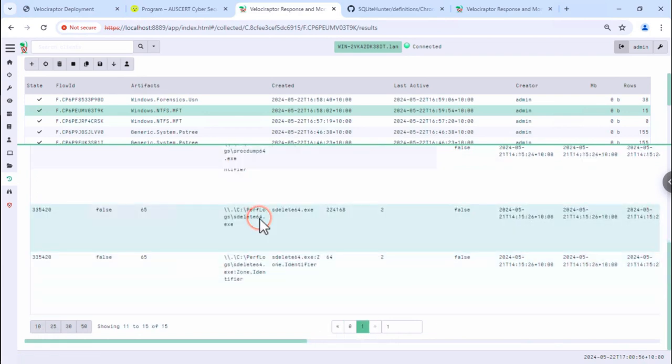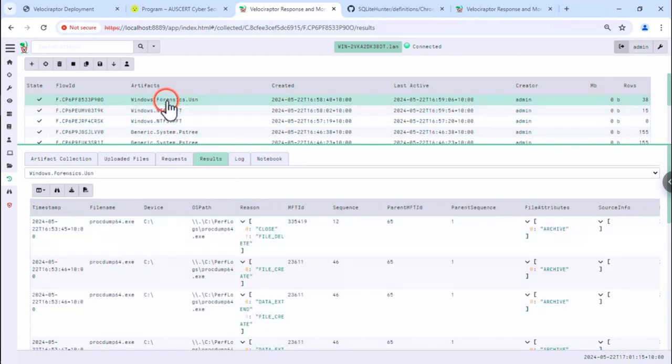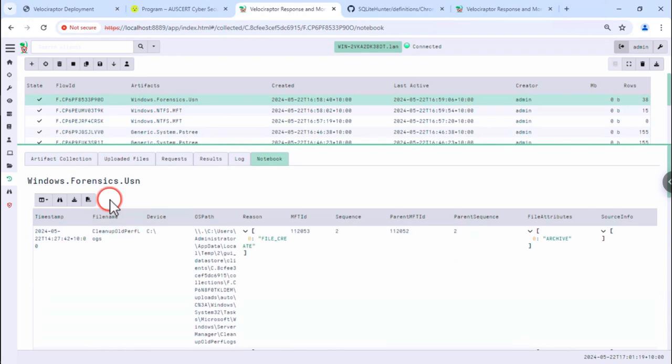There's secure delete, there's zone identifier, and procdump. So these are the only binaries that are left behind. There's not really any evidence here to say, did they exfil stuff? What did they get? We don't really know because the files are not there. They're usually not left. But if we look at the USN journal,